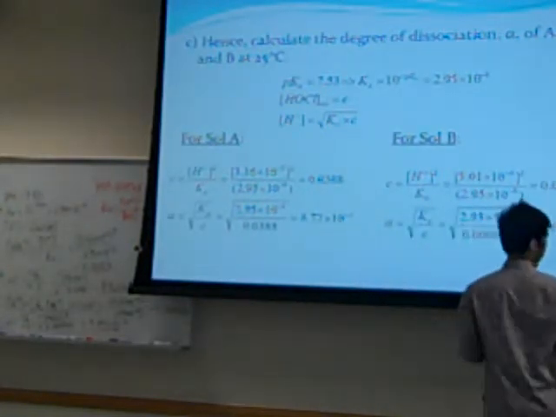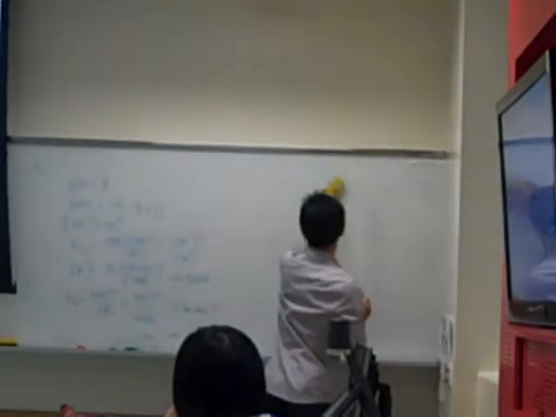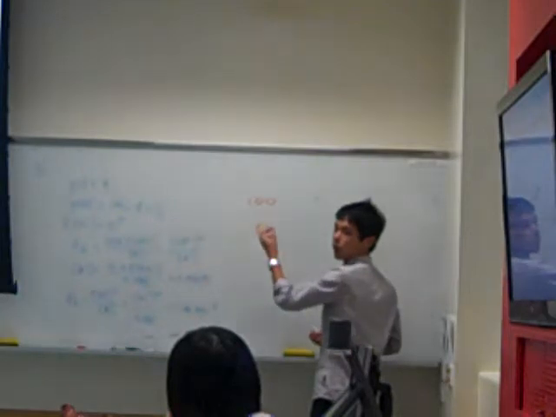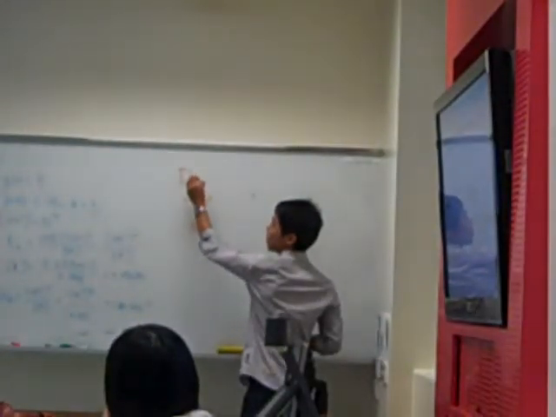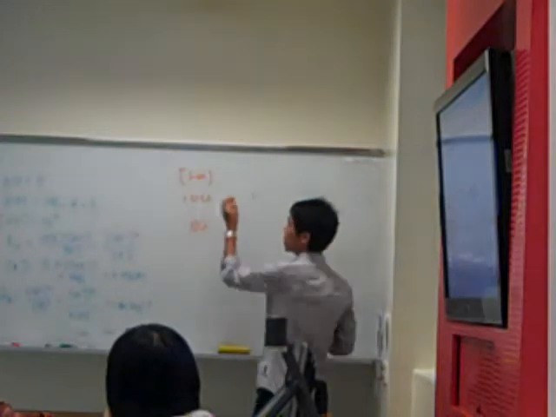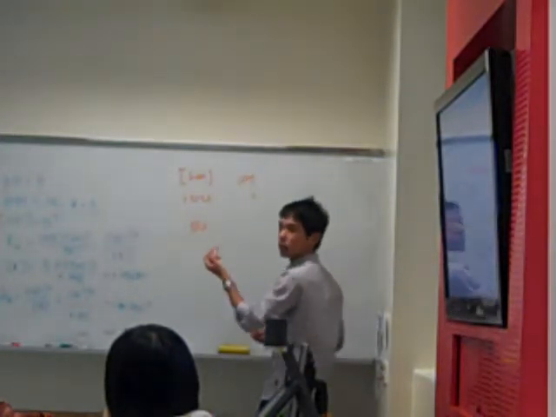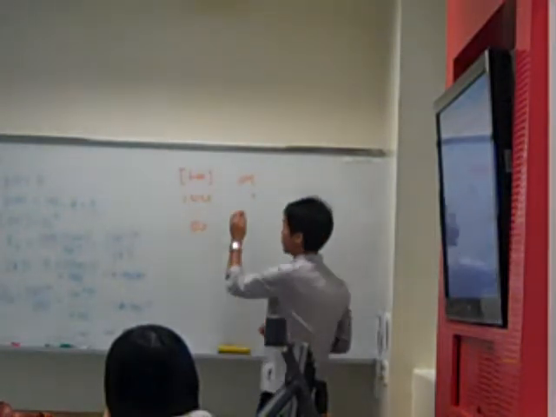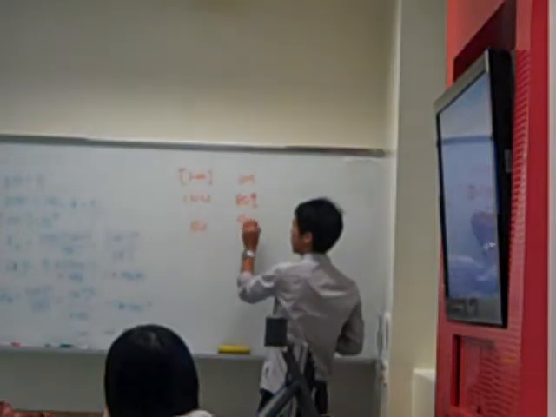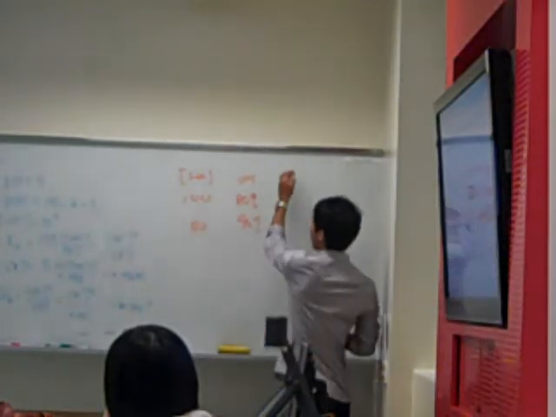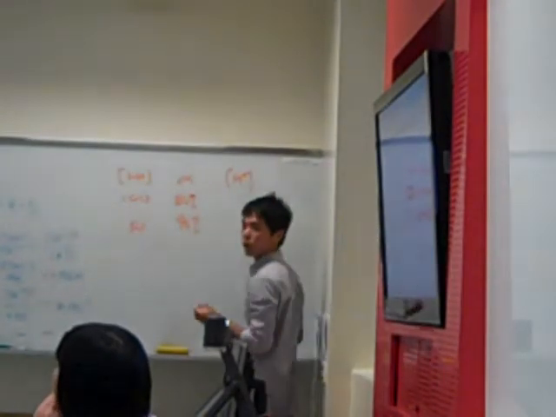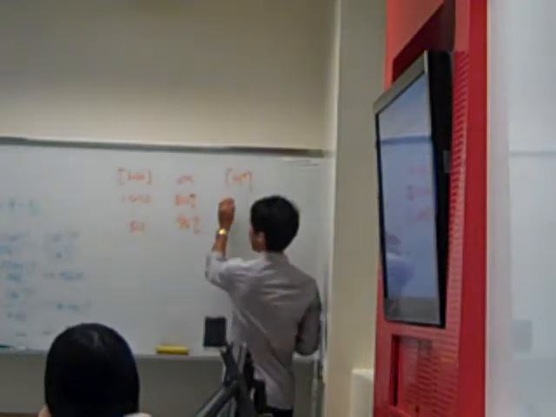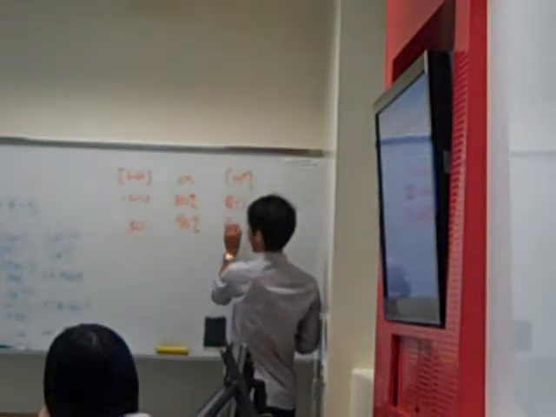Maybe I can give you an analogy. For example, I have 100 people and 50 people that I'm inviting to a party. You can take this as the initial concentration of the acid. The degree of dissociation alpha can be taken like the percentage of people who accept my invitation. So this can be around 80%, and this can be 95%. At the end, my H plus concentration at equilibrium can be taken like the number of people who actually go to the party. So this can be around 80 people, and this is 45.